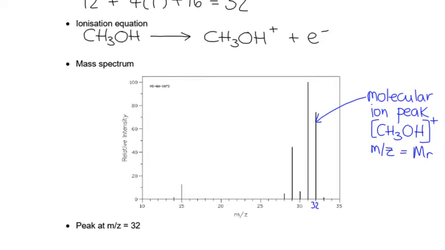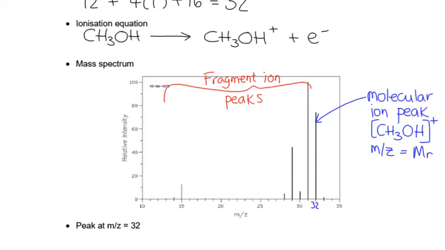These peaks here, so all these other peaks below the MR, all of these are fragment ion peaks. So what do we mean by that? Well, we put in our molecule, and inside the machine, because we're bombarding it with electrons and energy, the molecule falls apart. Elements can't fall apart. Elements are simple, but molecules can break apart,